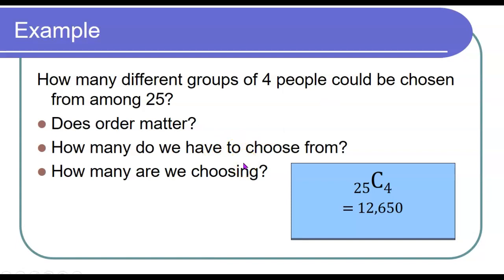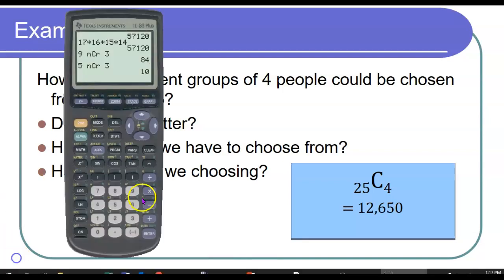So we could do 25P4, which was 25 times 24 times 23 times 22, and then divide that by 4 factorial, 4 times 3 times 2 times 1. So we could calculate it that way. Or we could use that formula with all the factorials in it. Or we could use the calculator. 25, math, PRB, nCr, 4. So 25 nCr 4 is